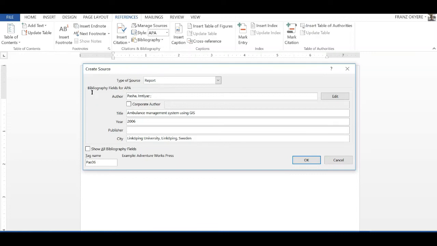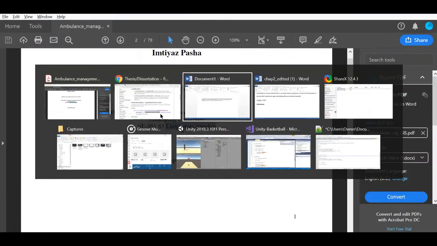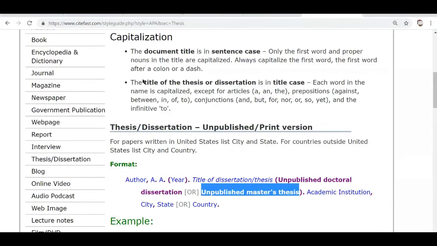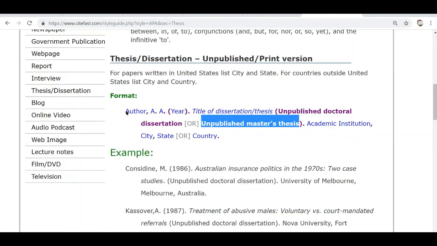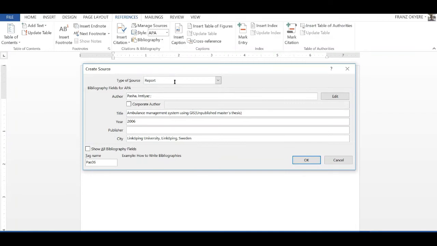So this is unpublished master's thesis. That's supposed to go against the title. So let's go and stick it against the title instead of this one. So title into bracket, and it's not really formatted in. That one seems to be italicized, okay, but this one isn't. Okay, so from the example we can see that this one is italicized. Okay, so we're getting ourselves in trouble here, but let's see how this will look like.